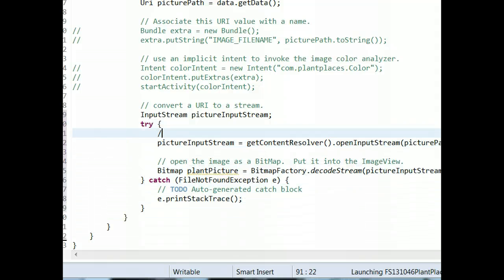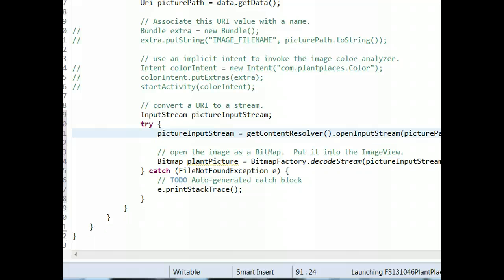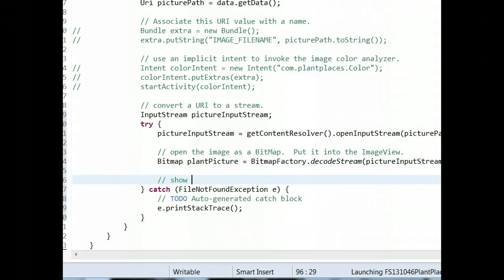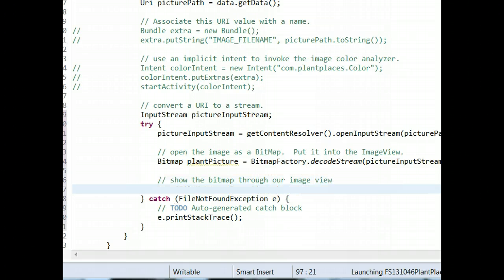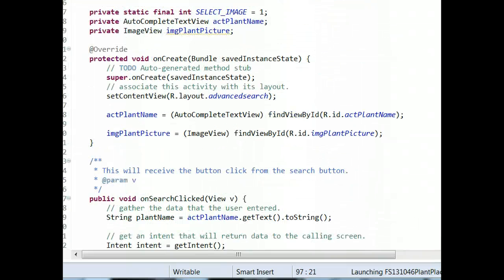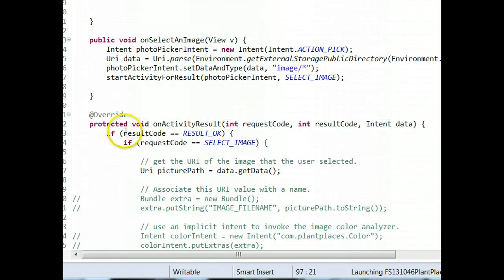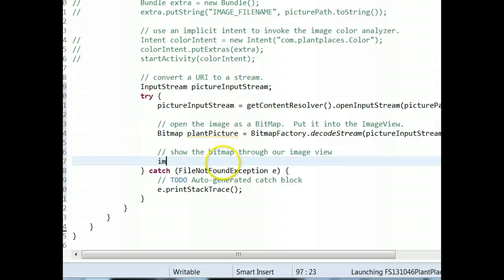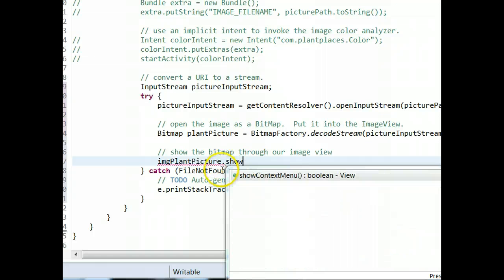Okay, so let me put some more comments. Well, we have that comment above. Yeah, that's fine. Convert the URI to a stream. That's adequate. We'll go ahead and leave it at that. Now that we have the bitmap, we can show the bitmap through our image view. Remember that image view that we accessed up above? That IMG plant picture? I can come down here now and say IMG plant picture dot